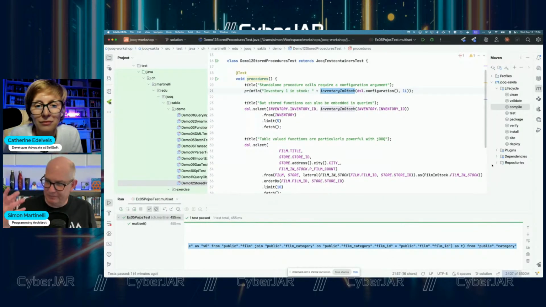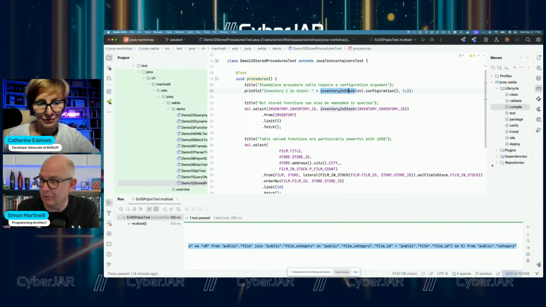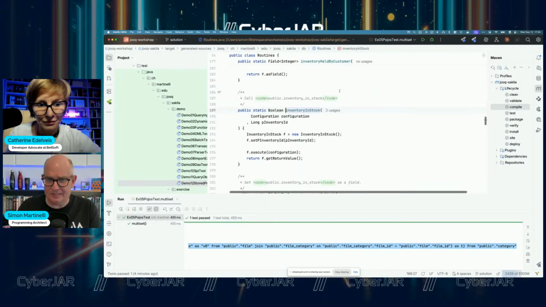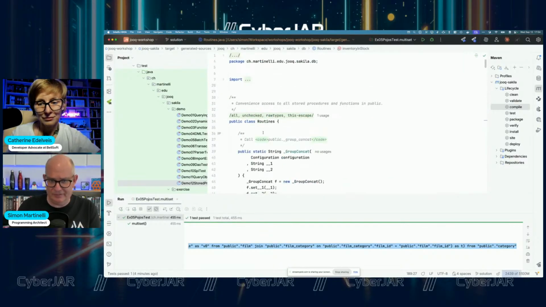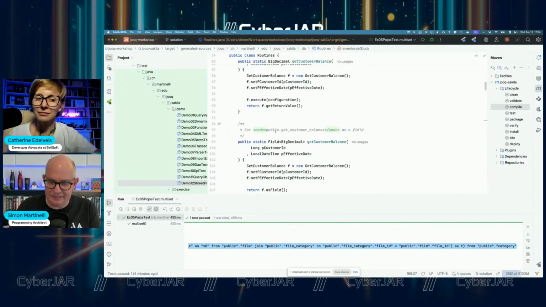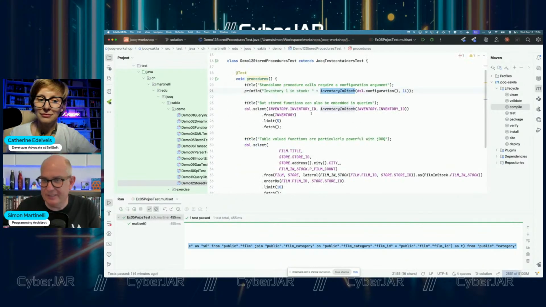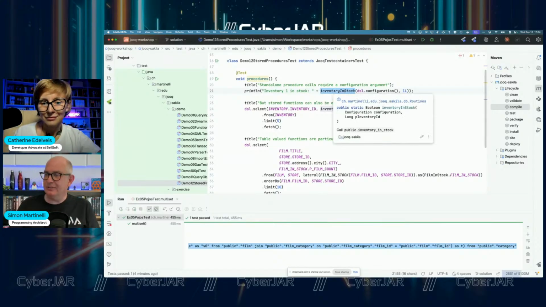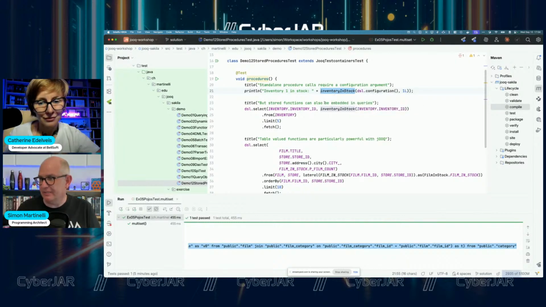That's really a PL/pgSQL stored procedure in Postgres that calculates the current stock for a certain film. And as you can see here, we have a static method on a class, that's on the routines class that's also generated. And we can directly use that to call that stored procedure. So that means with JOOQ, executing a function or a stored procedure is the same as just calling a Java method.